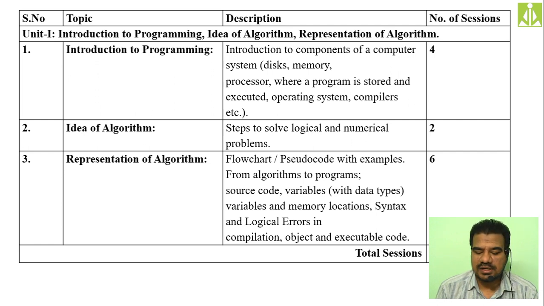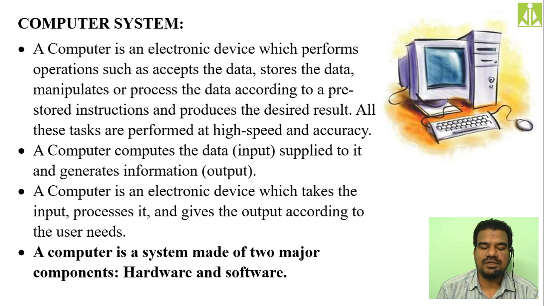So we started the first chapter, that is Introduction to Programming, and in that we started the discussion of a computer, what exactly a computer is, and the topics associated with that computer. So a computer we defined in different ways. Basically we said it is an electronic device because it is made up of many different electronic components. A computer is an electronic device which performs certain tasks, like it will store the data.